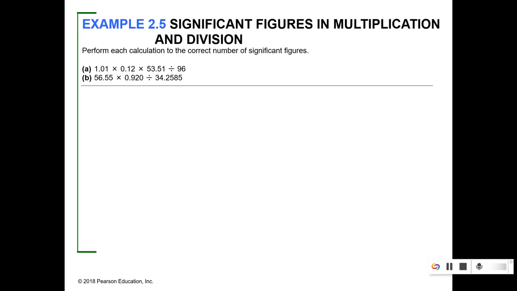Now let's do these problems. The biggest thing you need to do first is count the total. So I've got 3, 2, 4, 2. Then I'm going to write down the number that I get when I do the multiplication and division problem. Don't forget to type it in properly. I get